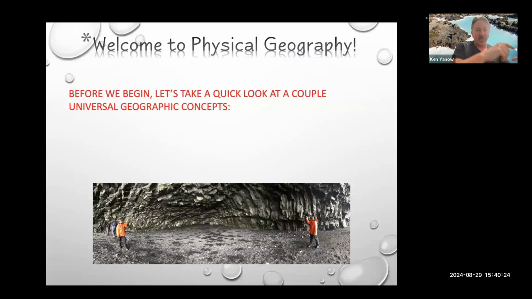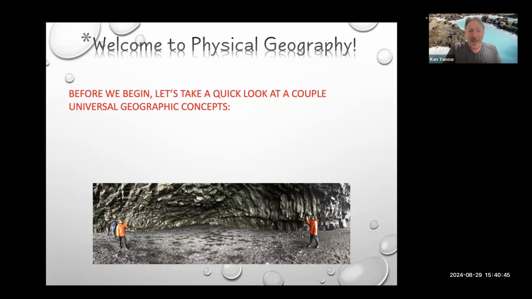We took the iPhone and did the panoramic photo. I took one picture, then she ran behind me and was at the other side of the cave, and then I finished up with the panoramic shot. So we were able to get her on two sides of the picture. But that's not the point of the picture. The point is the cool image that you're looking at, this cave and this black sand.